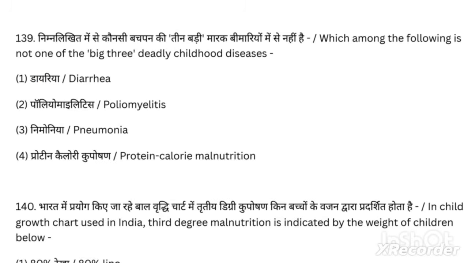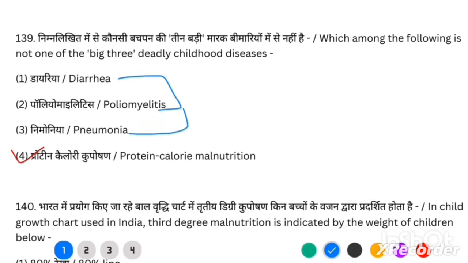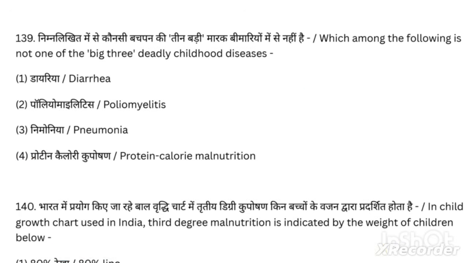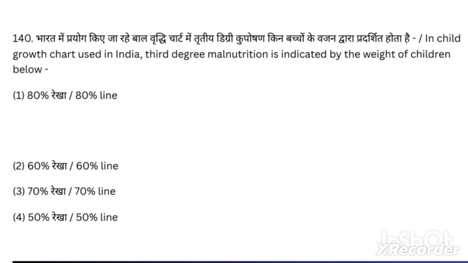Among the following, which is not one of the big three deadly childhood disease? So the correct answer is protein calorie malnutrition. Talking about the other options, diarrhea, poliomyelitis and pneumonia, these are considered big three deadly childhood disease. Next question is, in child growth chart used in India, third degree malnutrition is indicated by the weight of children below. So the correct answer is